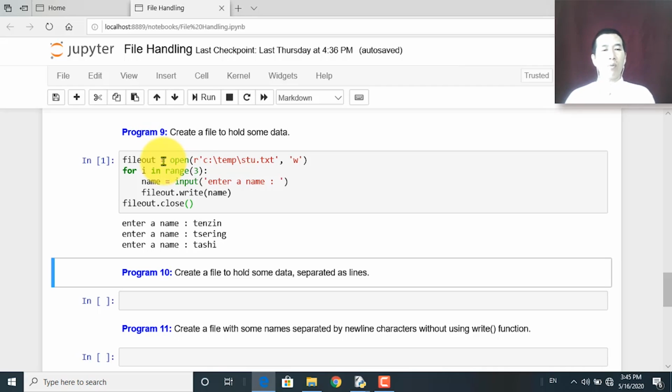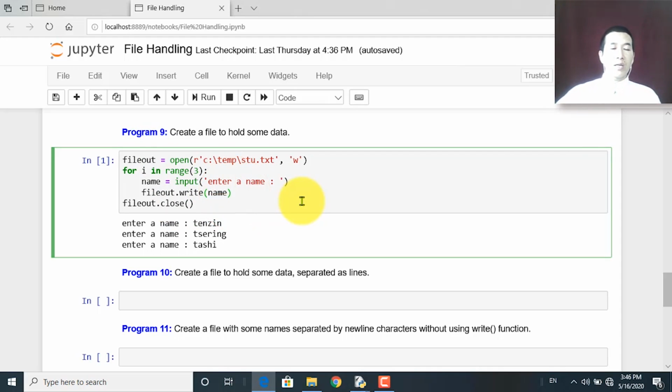But another important benefit of the close function is, let's say at this particular point, you have reached the end of all three loops, which means the user has entered all three names. Imagine if the loop has to cycle for the entire strength of the class. We are talking about 30 odd students, 40 odd students, and not just the name, the roll numbers, the marks and whatnot. At the end of the last loop or the last cycle,